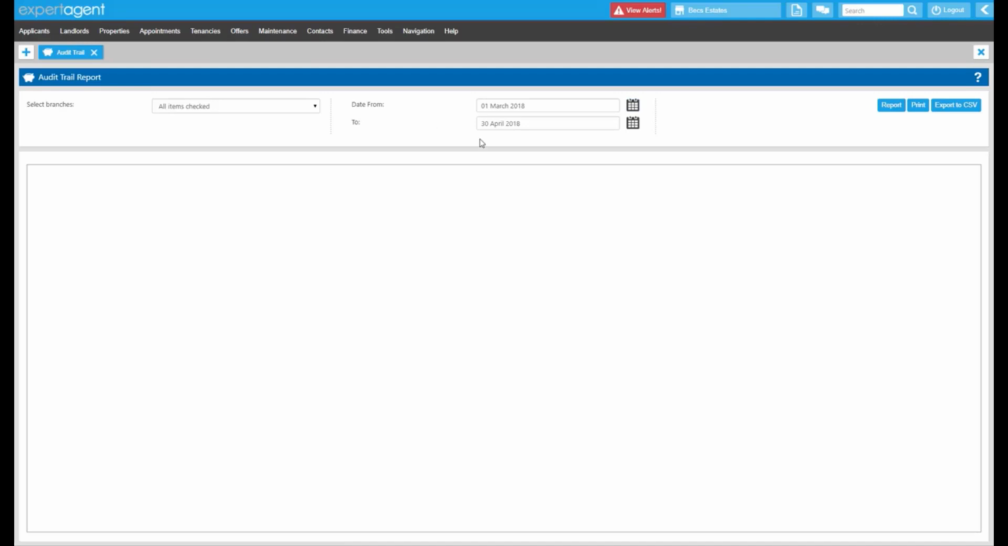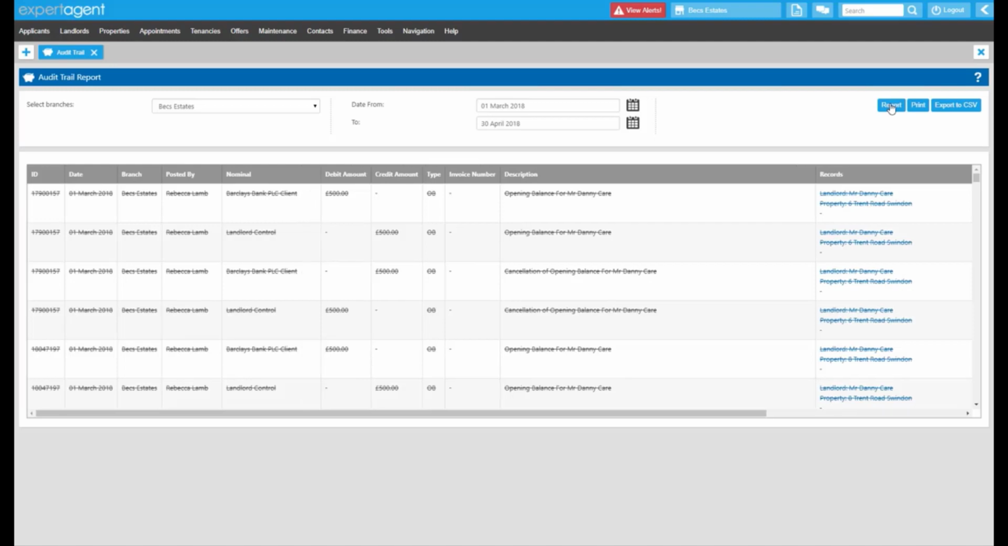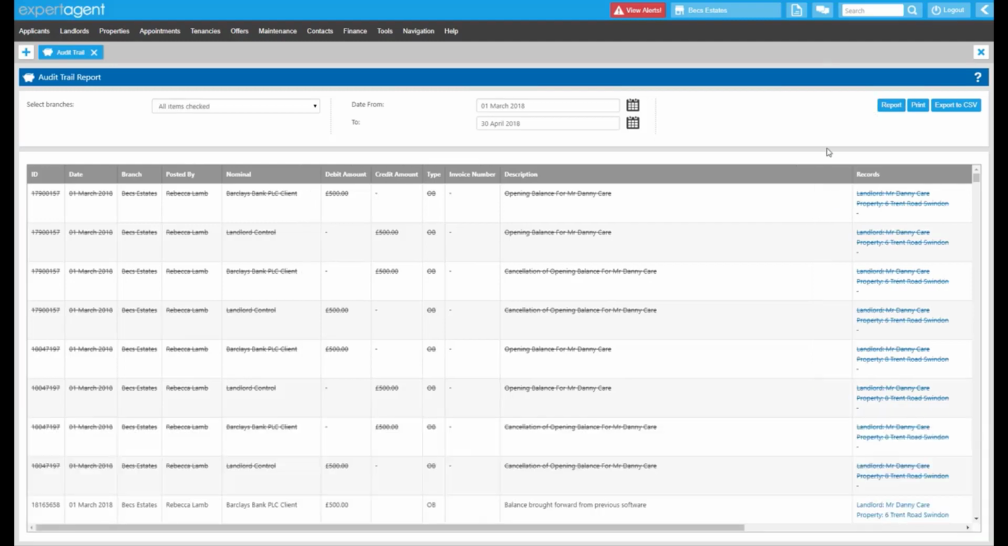Once you've set your date range, you'll click the report button in the top right hand corner and that will run your report for you. Depending on the date range that you enter and the amount of transactions that need to pull through into your audit trail will depend on the amount of time that report takes to load. So if you're finding your report takes too long to load, you may well find it worthwhile entering a smaller